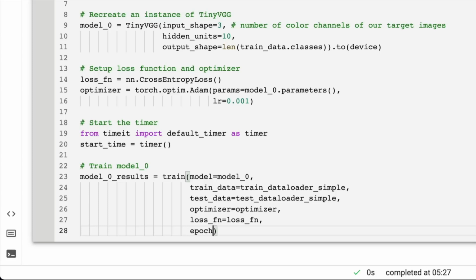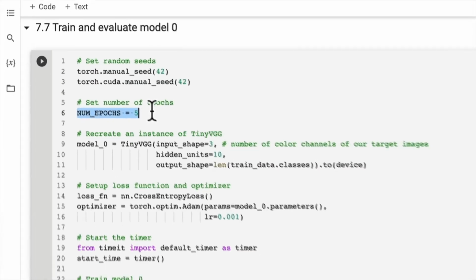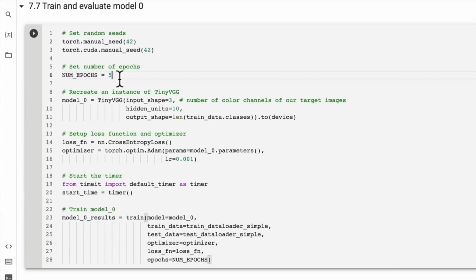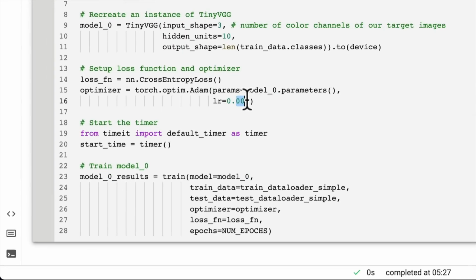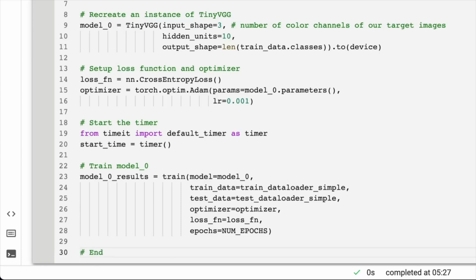Finally, we can send in epochs, which is going to be num epochs, which is what we set at the start of this video to 5. And of course, we could train our model for longer if we wanted to, but the whole idea of when you first start training a model is to keep your experiments quick. So that's why we're only training for 5. Maybe later on you train for 10, 20, tweak the learning rate, do a whole bunch of different things. But let's go down here. Let's end the timer, see how long our model took to train. End the timer and print out